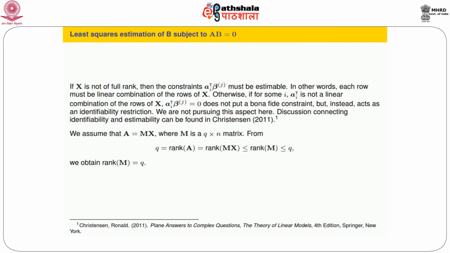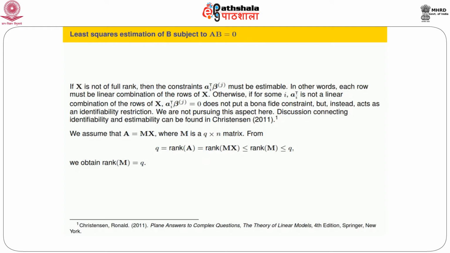So what does it mean? I am looking at only those theta. Now theta by definition is XB. So therefore the columns of theta lie in the column space of X. In addition, they lie in the orthocomplement of the column space of PX M transpose, because of this restriction. So I repeat my argument. Each column of theta is orthogonal to the rows of this matrix, that is the columns of this PX M transpose. So each column is an element of the orthogonal complement of the columns of PX M transpose. So that's what I have written here.